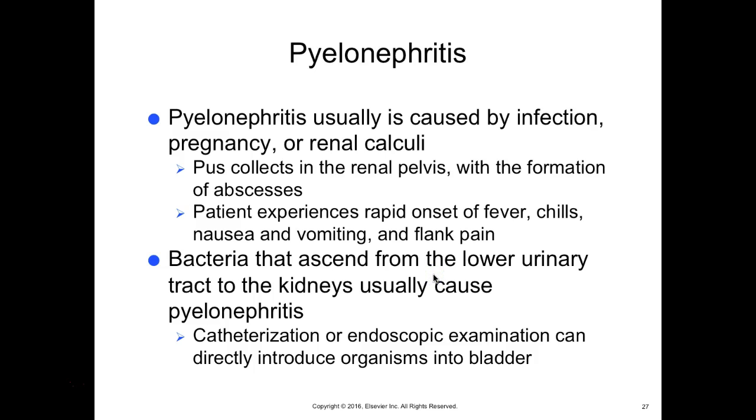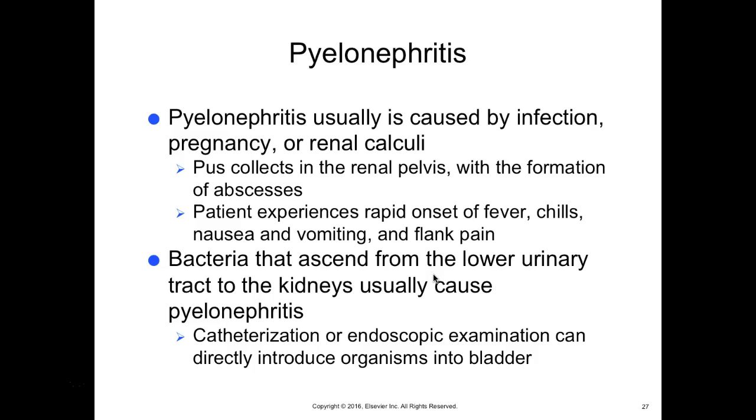Pyelonephritis. So pyelonephritis usually is caused by an infection, pregnancy, or renal calculi, and calculi are stones. So pus collects in the renal pelvis with the formation of abscesses. The patient experiences rapid onset of fever, chills, nausea, vomiting, and flank pain. And this is usually from bacteria that ascend from the lower urinary tract. So ascend means they go up. So they go from the urethra or the bladder, they ascend up the ureters and into the kidneys, which causes